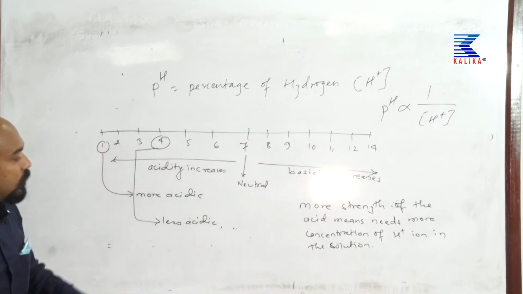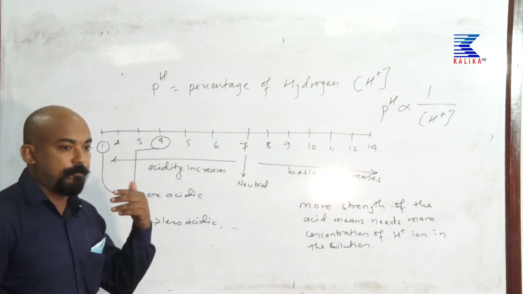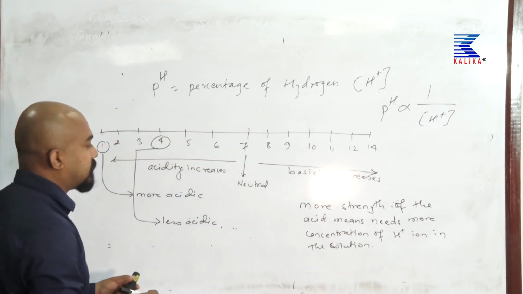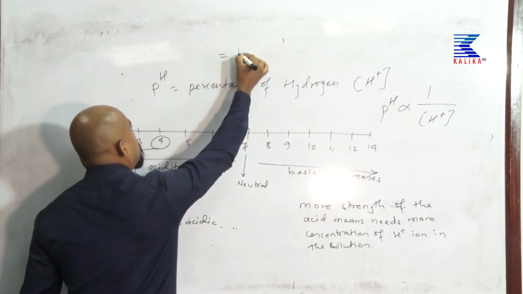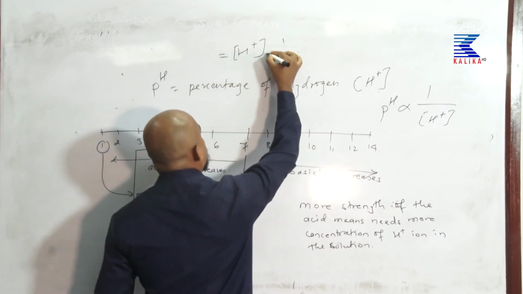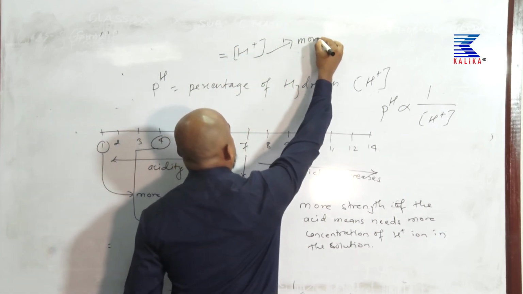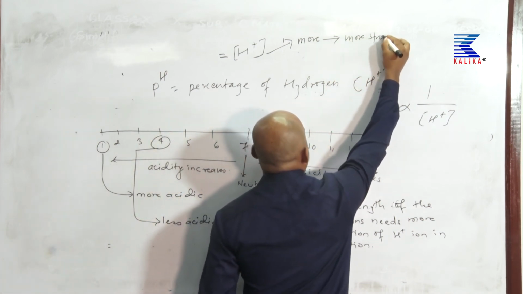More the concentration of hydrogen ion, from the very beginning definition of the acid, we define the acid as those substances which when dissolved in water must furnish H plus ion. Those which furnish more H plus ion are more stronger,